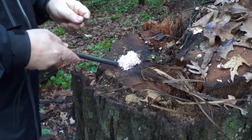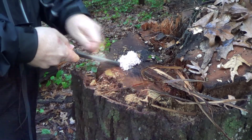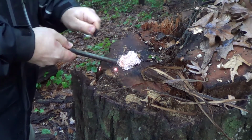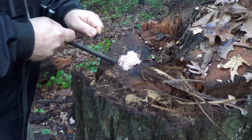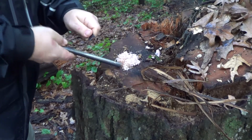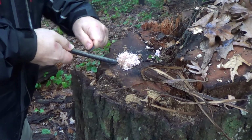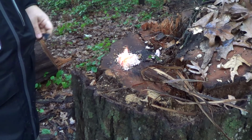Let's take our ferrocerium rod, aim it towards our fire tender. Almost. Almost. We don't want to blow our fire tender too far apart. There we go. So now that we've got our fire started,